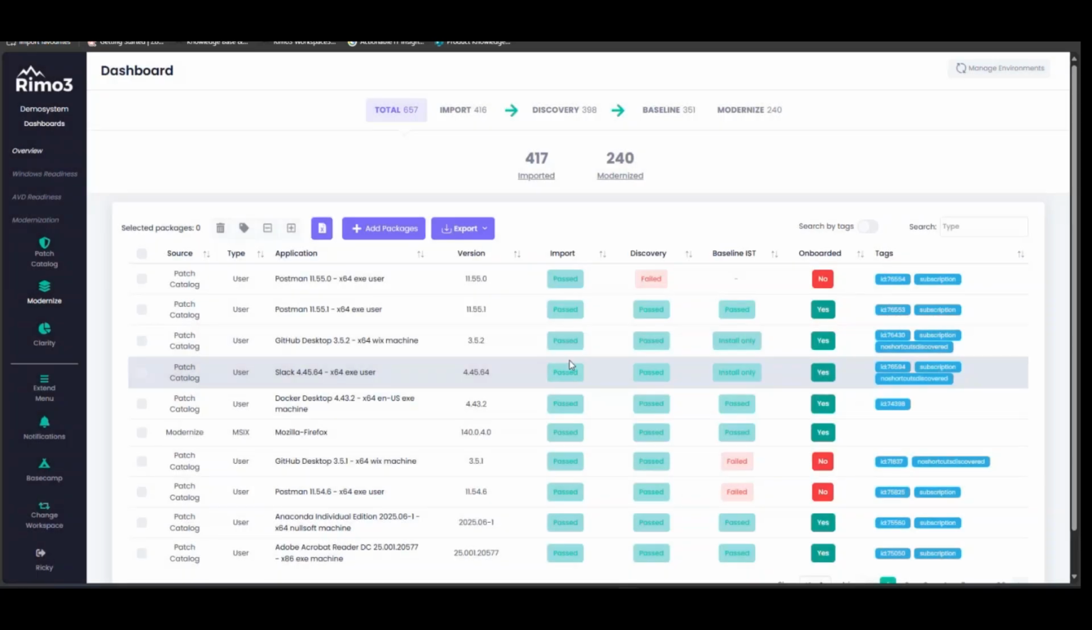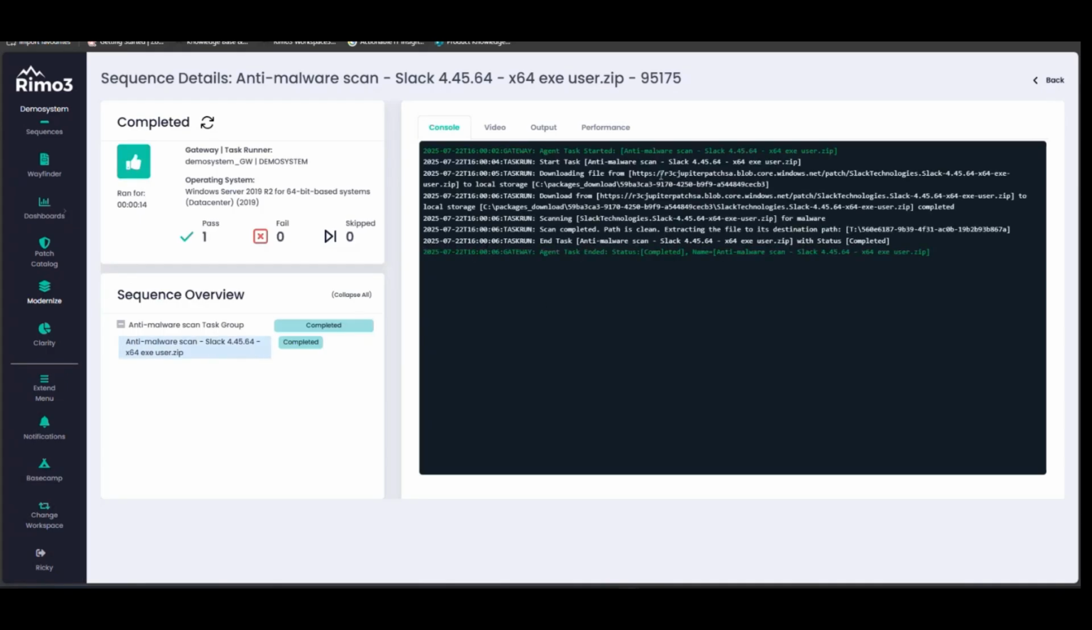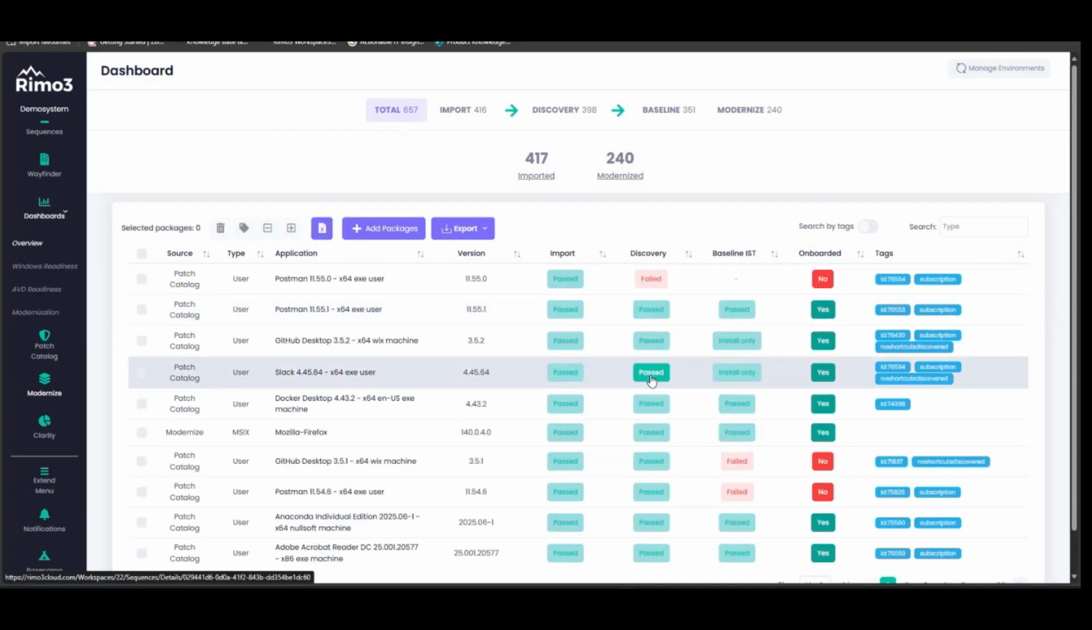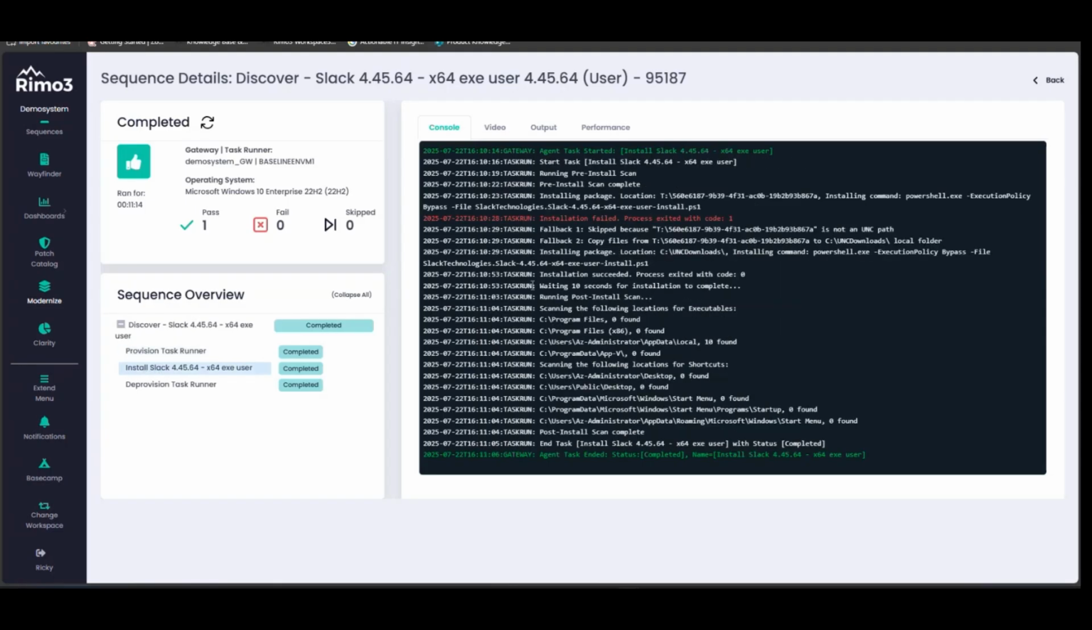Just to step through that process, what's happening as part of this is, like I mentioned, as part of the import, we're going to carry out an anti-malware scan on the application, making sure it's safe before we start to work with it. We then go ahead and install the application as part of that process. So we're able to provision a virtual machine within Azure. We then take the application and install it against the operating system and understand what changes are appearing on that